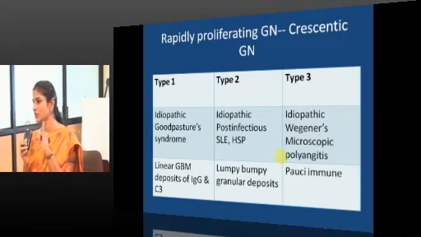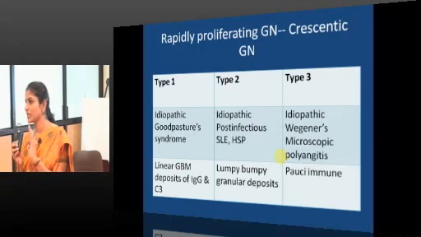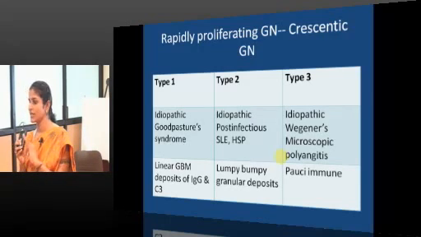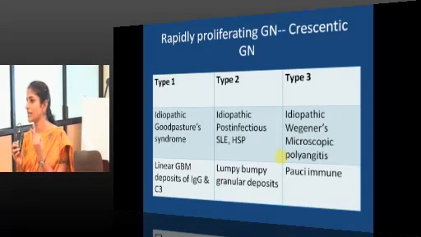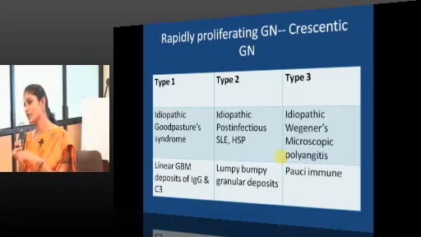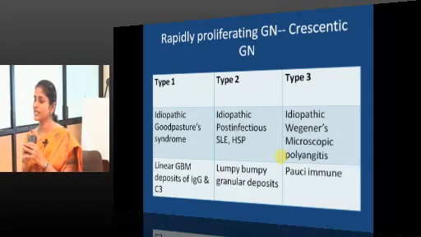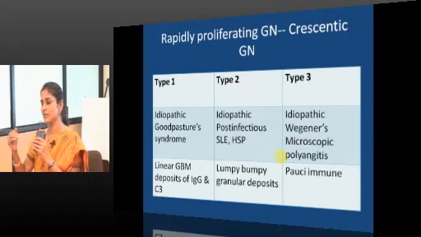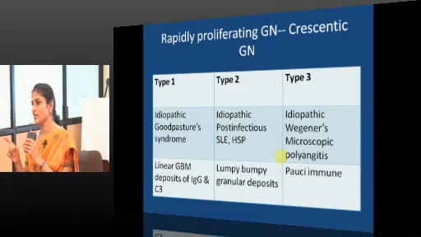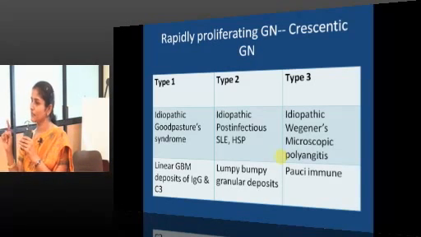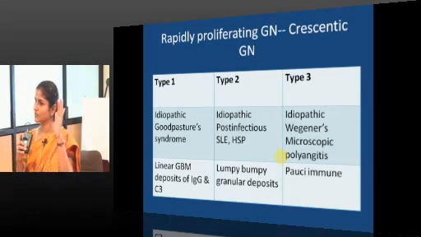So, first by size of the vessel wall, second by the pathology, whether it is necrotizing or granulomatous. Example for granulomatous vasculitis, both the large vessel vasculitides are granulomatous vasculitis. Example for necrotizing vasculitis, Wegener's and PAN. Right. And then small vessel vasculitis, again it will be classified according to 2 ways. One is whether small vessel vasculitis is due to immune complex or due to ANCA. And then if it is going to be ANCA positive, then it is PANCA or CANCA. So, that is how we will classify vasculitis.